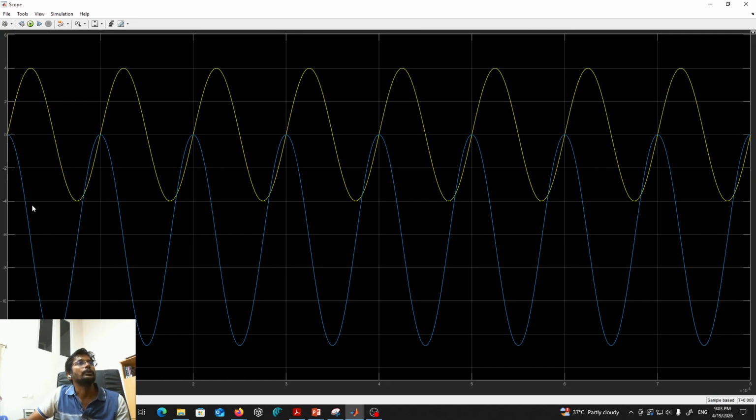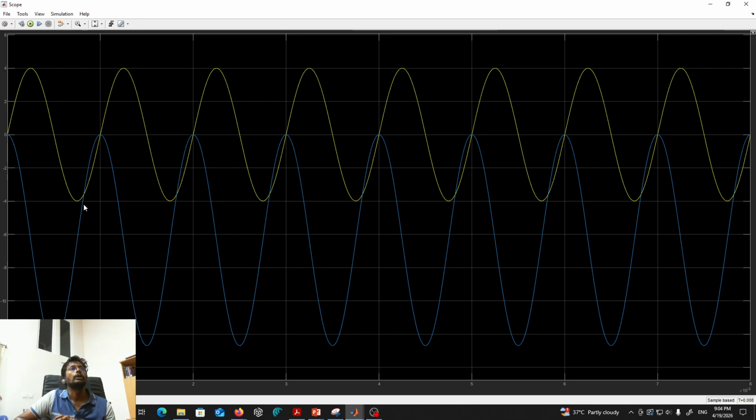So this is the integrated signal you have got, but at the same time, it will get amplified. The amplification factor depends on the capacitor and the resistor which you have chosen. In a similar fashion, you could design the other